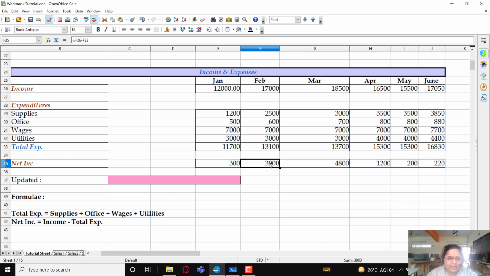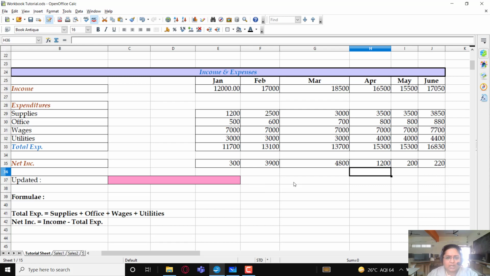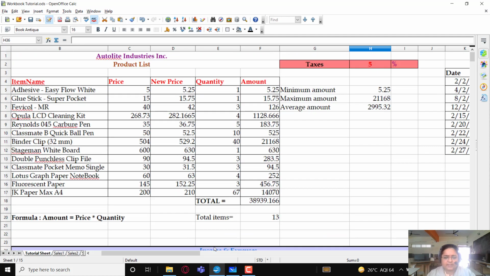And now you can see what is changing here. You can see the column header is changing. The column is changing because we dragged the autofill handle towards the right side. So this is an example of relative addressing which is moving towards the right, where the column header is getting changed.